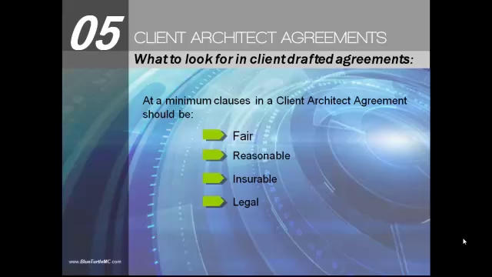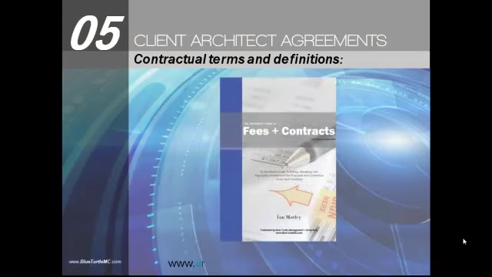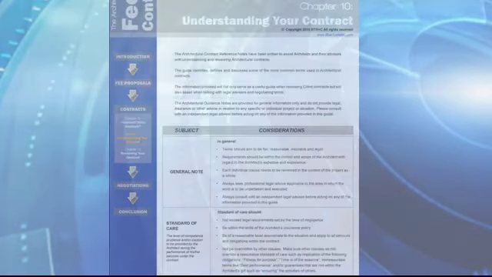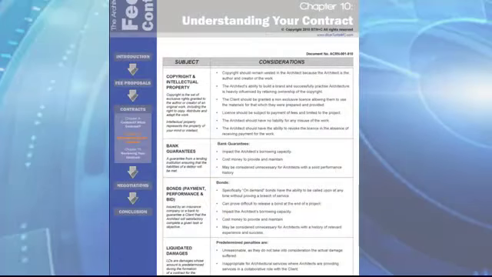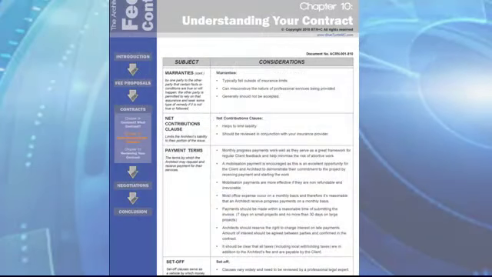Now, during today's episode, we've covered many contractual issues in a very short period of time. If you're not working with architectural agreements on a regular basis, then you may not be familiar with all the terms that I've used today. If you would like an easy-to-use reference guide that lists and explains the most commonly used clauses in plain, simple English, then I'd like to recommend purchasing a copy of the Architect's Guide to Fees and Contracts. Chapter 9 of this book includes a long list of typical architectural contractual terms, definitions, and also a list of considerations.